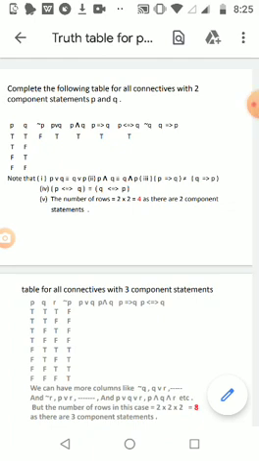In the last two lectures we have studied four logical connectives: disjunction or conjunction, negation (not), if then, and if and only if. So you are already familiar with these five logical connectives, and you know how to find the truth values also. Now in this table there are two component statements P and Q, and all the five logical connectives which we studied so far. And this is the joint table.